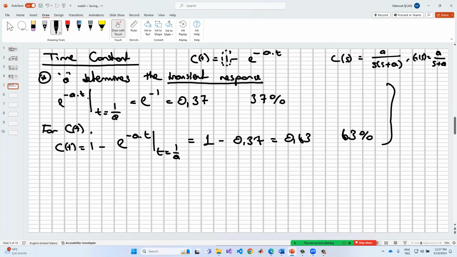This is the inverse of time, but we have a constant parameter which we call the time constant. This value, 1 divided by a, is called tau, the time constant